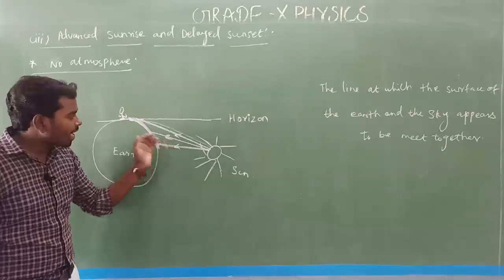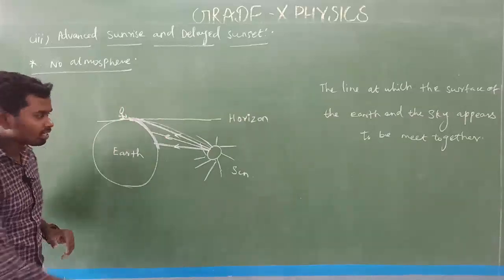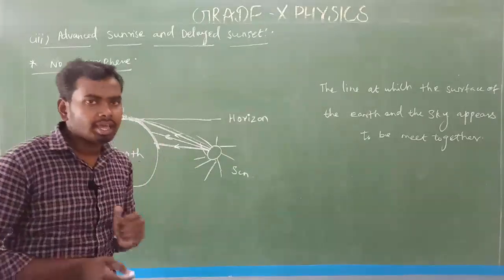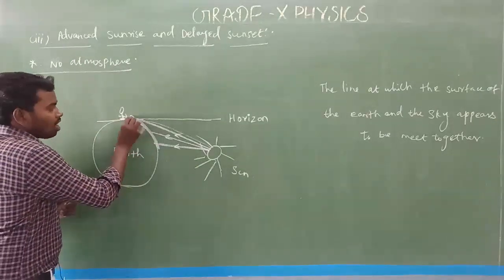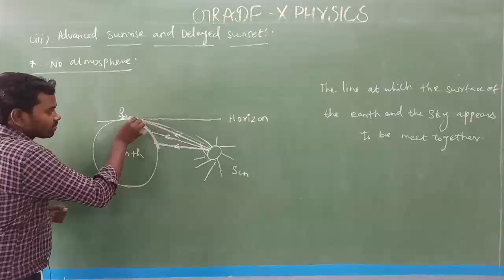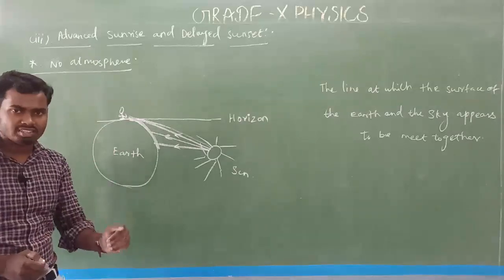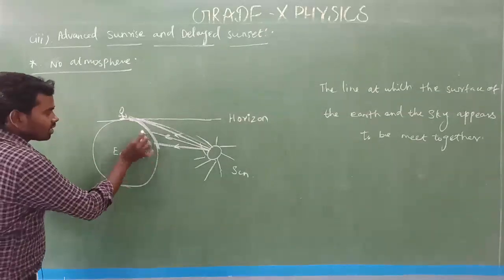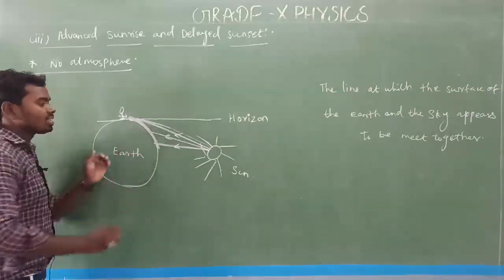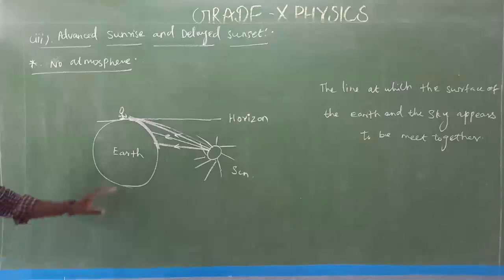Because all this sunlight is blocked by somewhere over the Earth's surface, like this. In this situation, we cannot see the sunlight. Am I right? Because all this sunlight is blocked by the Earth's surface. Actually, we are here and we cannot see. These rays cannot reach us. We cannot see the light rays when the sun is below the horizon. Why? Because the Earth's surface blocks them. This point is very important: the Earth's surface blocks the sunlight when the sun is below the horizon. Okay. Yes.